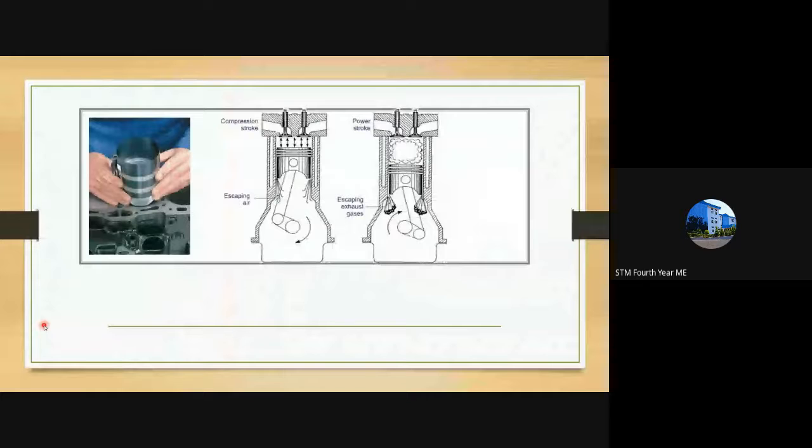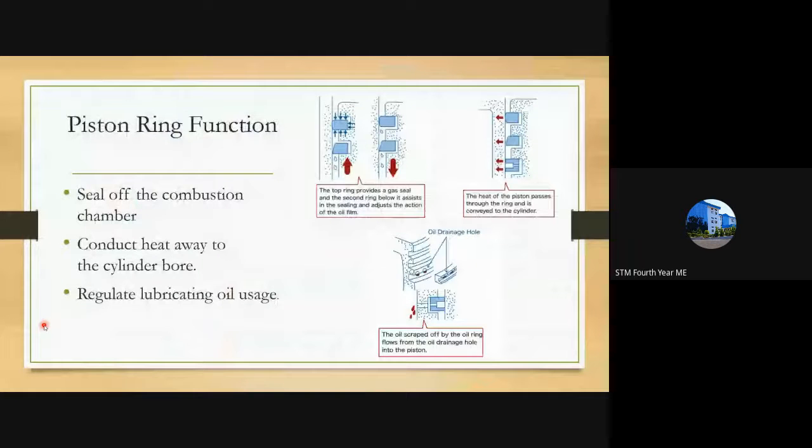So these are the functions of the piston ring. Three functions basically. Seal the combustion chamber. So this is how the sealing occurs. I have explained it using that video you have seen there. So this is how, during the compression, this is the piston, this is the cylinder wall, this is the ring. The piston grooves are here. Inside the grooves, the piston rings are shown here, and due to the compressive force and pressures that occur, it forms a tight seal inside the cylinder.